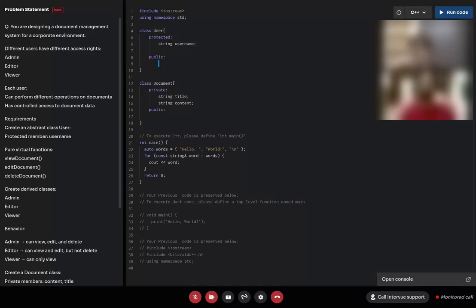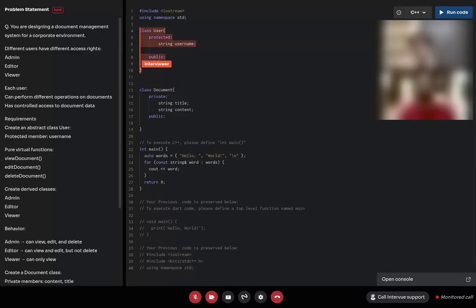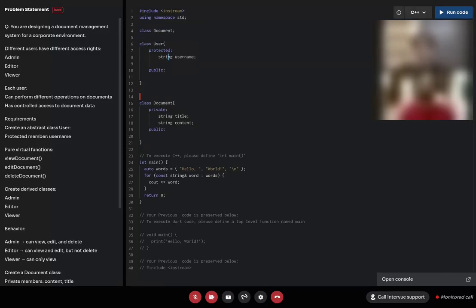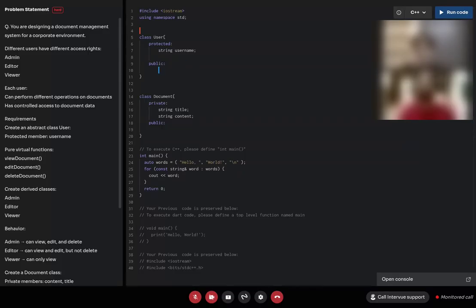I'm not sure what you are saying about using an abstract base class. I'm using an abstraction only as a base class, right? I am trying to ask you about abstraction only, but here you have not mentioned it as an abstract class. Yeah, this is an abstract base class only. I'll declare the class Document first, then the base class, and then write the class Document below. No, that's not required. Maybe you can complete the classes first and then we can discuss further.